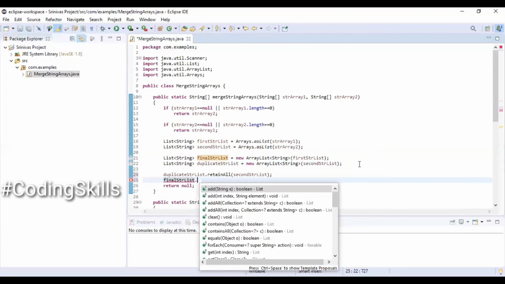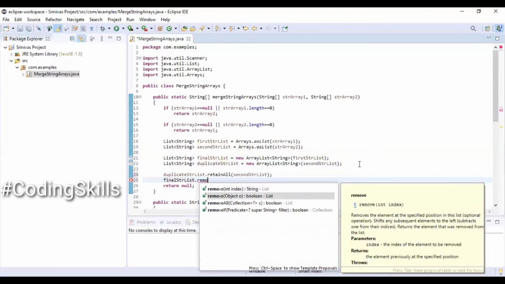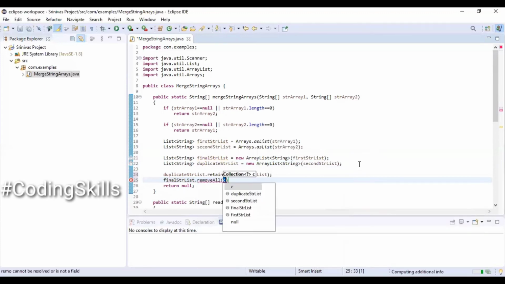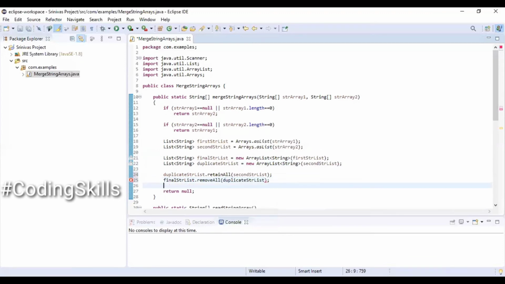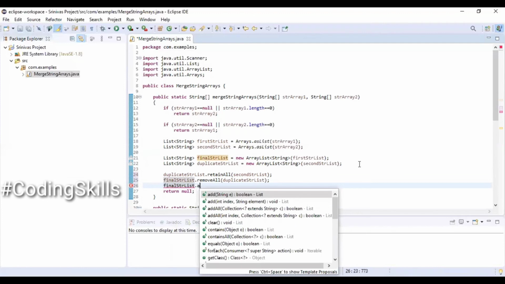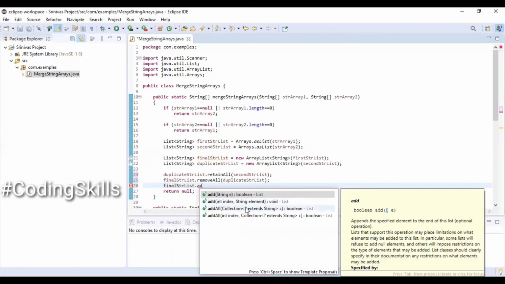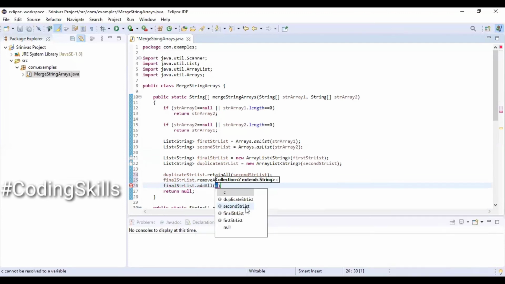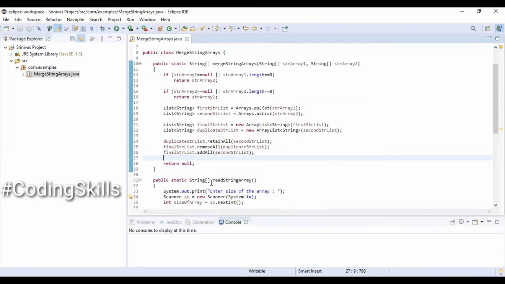finalStrList.removeAll, and we are going to pass duplicateStrList. Then finalStrList.addAll, we are going to pass the secondStrList. Basically what we are trying to do here is removing the duplicates and combining both the lists.